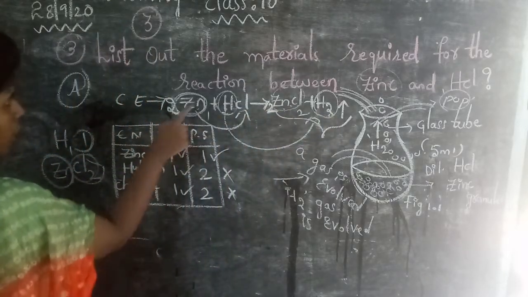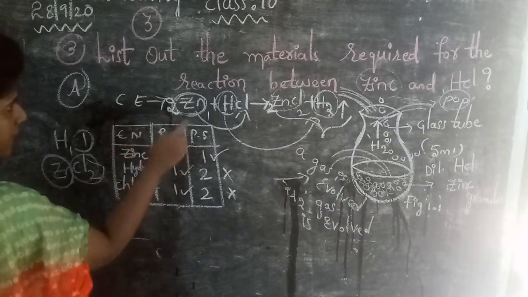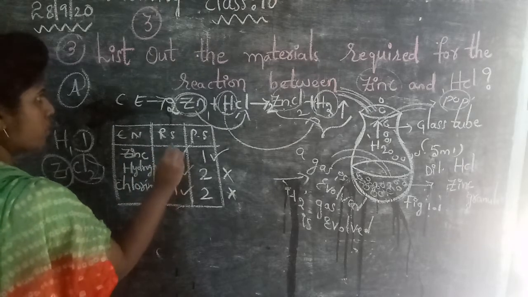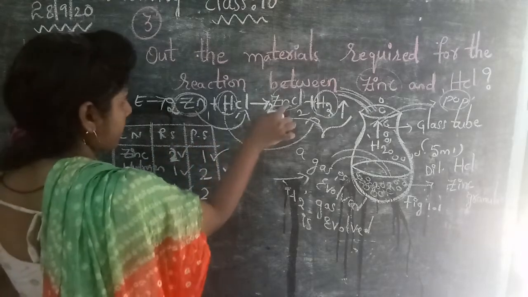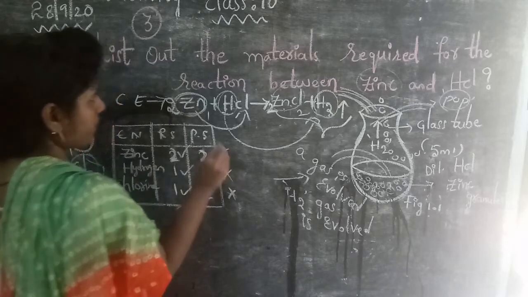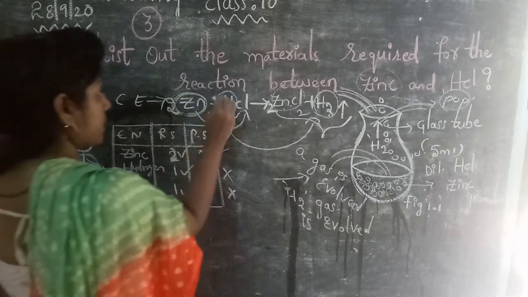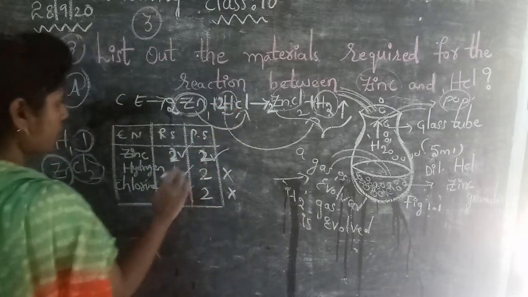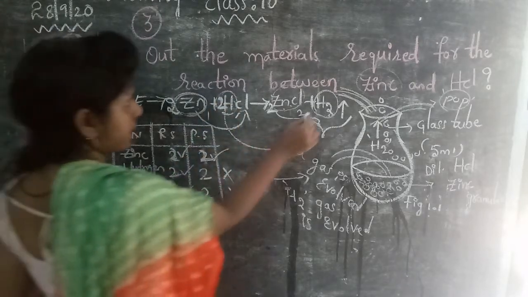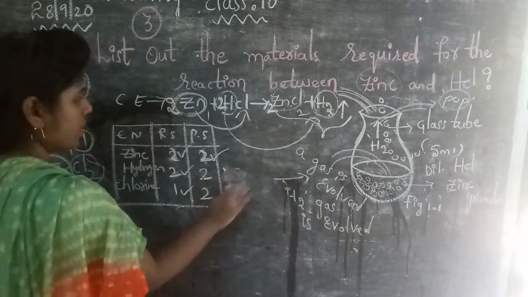Now check it here. How many zincs are there here in the first case? Here 2 zincs are there, reactant side. So next here how many zincs are there? 2 zincs are there. Is it clear, everyone? Next one. HCl, how many hydrogens are present? 1 hydrogen is present. So I am keeping here also 2. I am adding. So 2 hydrogens are there. So here also check how many hydrogens are there? 2 hydrogens. Okay, easy, over.